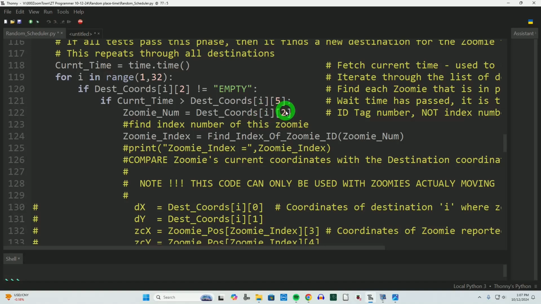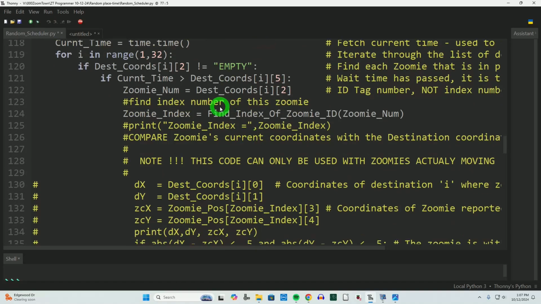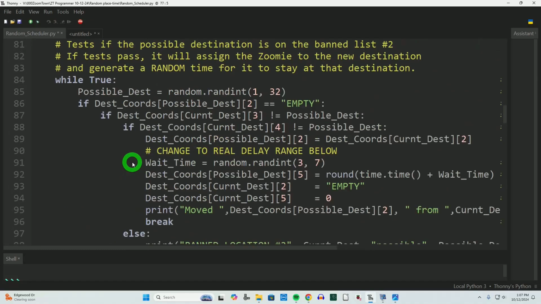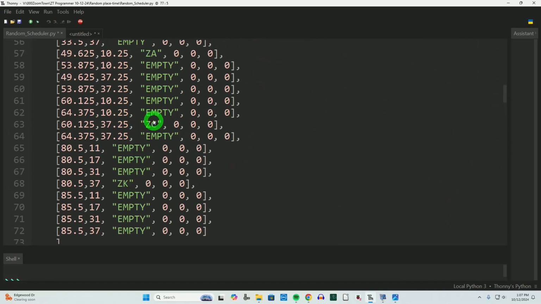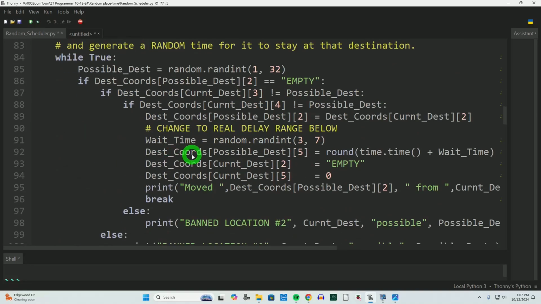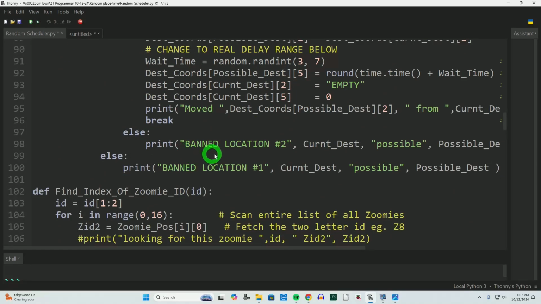And that would be what was stored here in element number 2. Now, because we're using the name of it and not the index number of it, which is in its list,